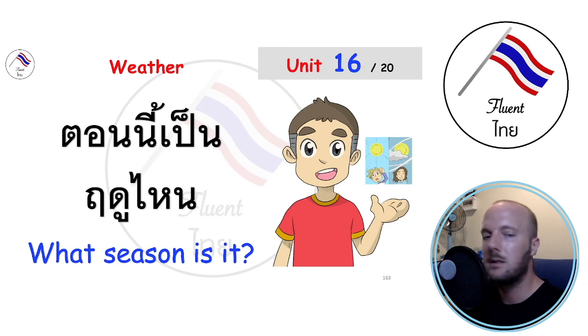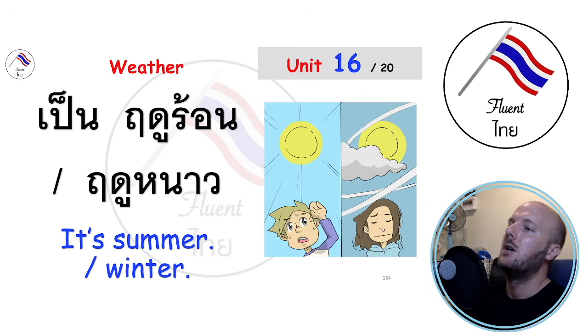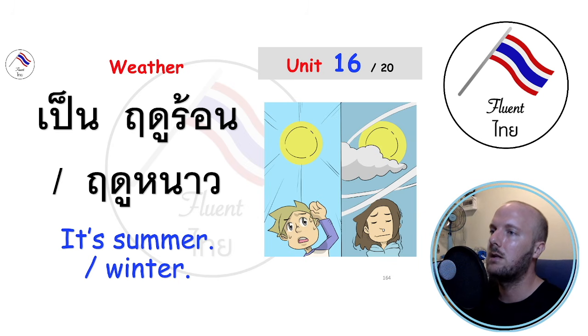ฤดู is season. And when you actually say the season in Thai, you need to say the word season. So in Thai, they're literally saying, I'm going to be saying the word literally a lot because it's important, because I'm using it in its proper sense. I'm not just like literally. Anyway, you're literally saying to be the season hot, to be the season cold. So ฤดูร้อน is summer, right? Or ฤดู